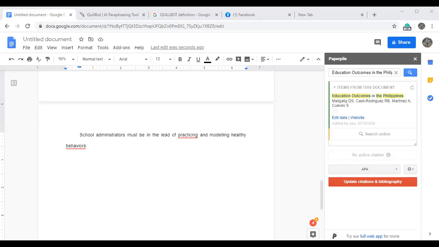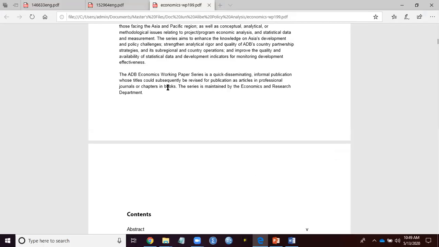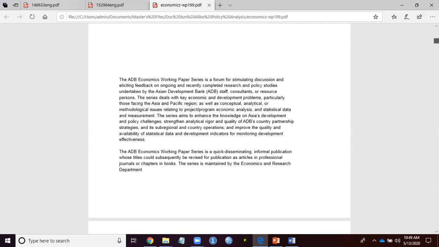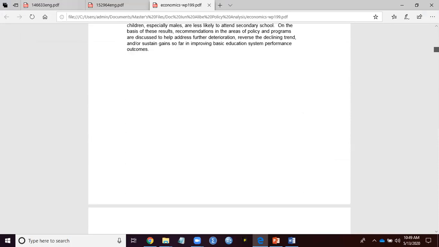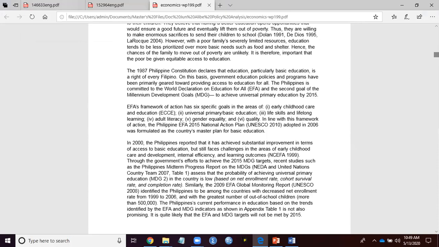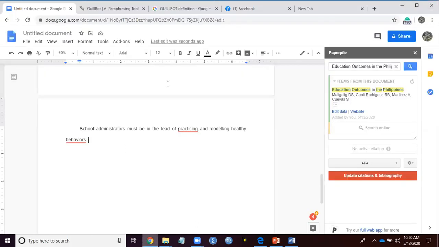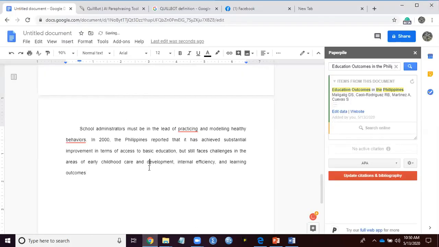So for instance, maghahanap ako sa internet ng mga sources. Ganito. Tapos, yung gagawin ko lang, ihahanapin ko yung gusto kong ilagay sa paper. For instance, in 2020, the Philippines reported it has achieved... ito. So, copy, of course, the copy-paste function of your paper. In 2020, the Philippines reported has achieved substantial improvement in terms of access to basic education and so on and